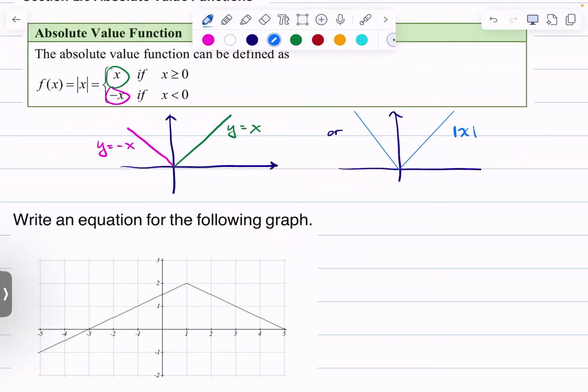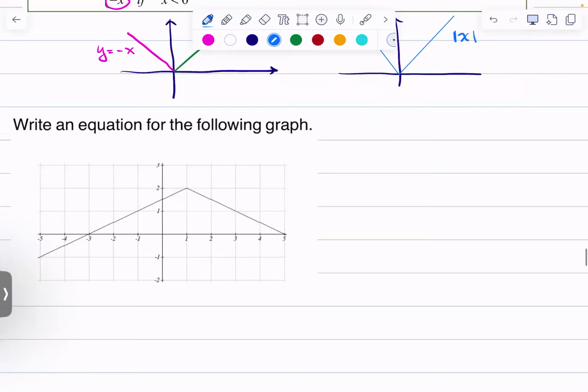Our default, right? Just a v at the origin, 0, 0. But what can we do? We can transform it. We can shift it to the right, shift it to the left. We can squeeze it, which I can't remember if that's shrinking or what. We can flatten it, flip it upside down. We can do all these things. And so just as an exercise,